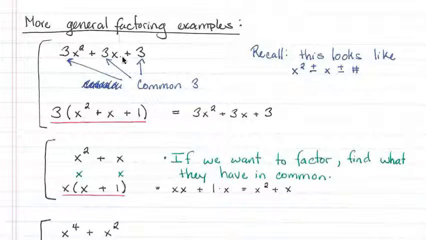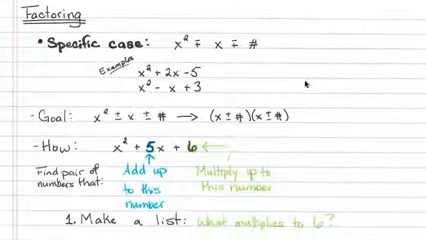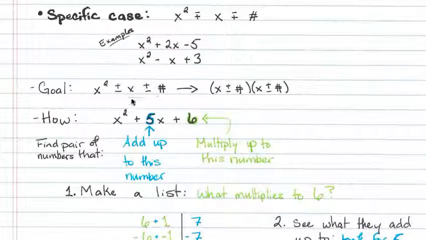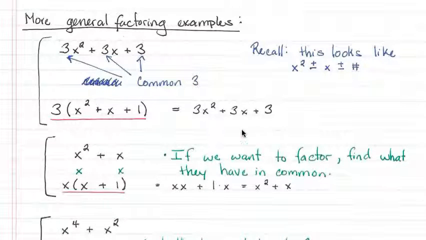Now, there's also something funny about this problem that I'd like to point out that could potentially be confusing. Remember when we talked about our specific case, where it has this general format, and then we do this specific process for this specific case? Well, this one does look like that. However, I want you to note that there is a number in front of the x squared, which can make the process that we talked about for this specific case difficult. It changes it, and it just makes your